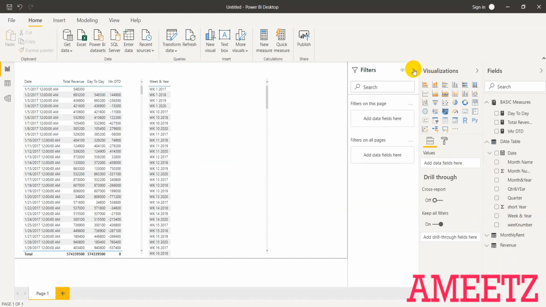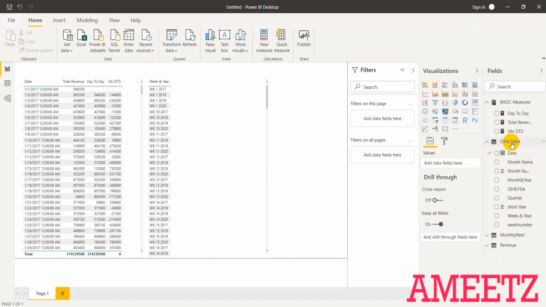Now if you look at the week numbers, week 1 of all years is coming first, and so on, and again it is coming week 10, it is not week 2. So this is not a proper sort, so we cannot compare the numbers in a proper order. So we need to first sort this column by another column which we are supposed to create now.